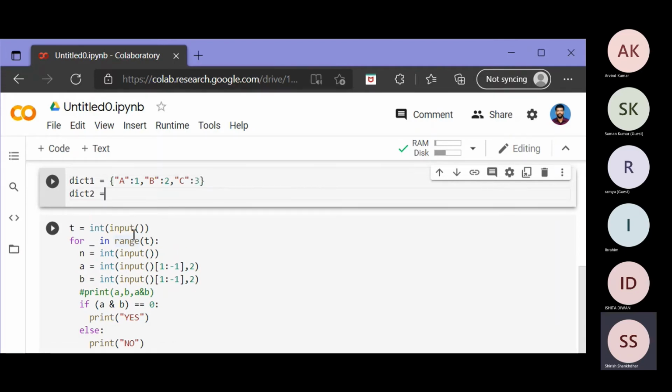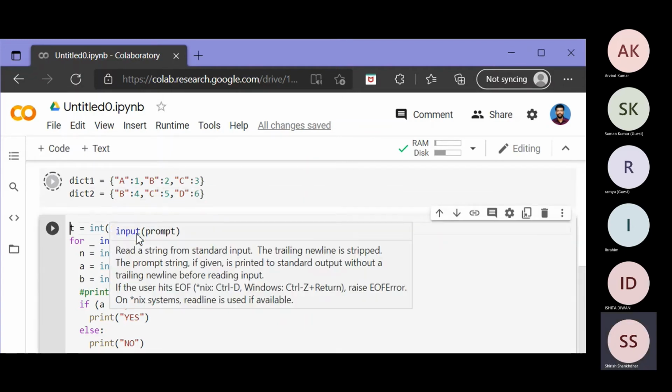Then she's having a second dictionary which is having values B corresponding to 4, C corresponding to 5, and D corresponding to 6.